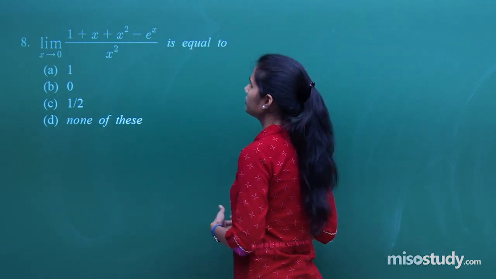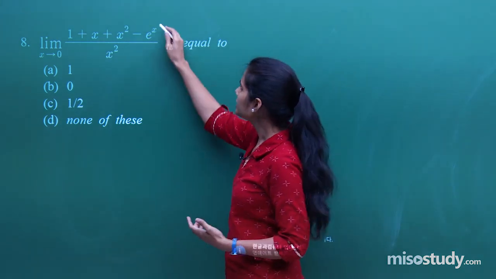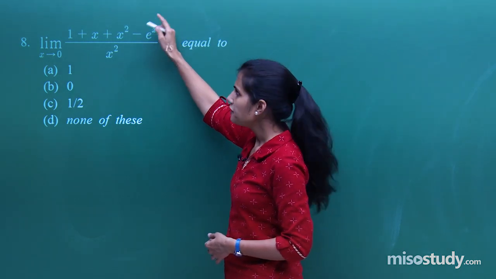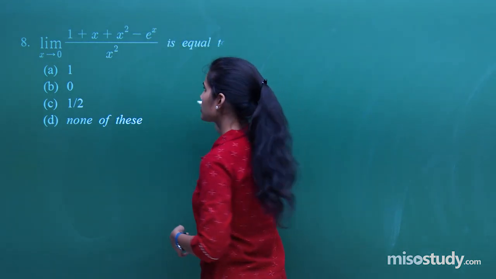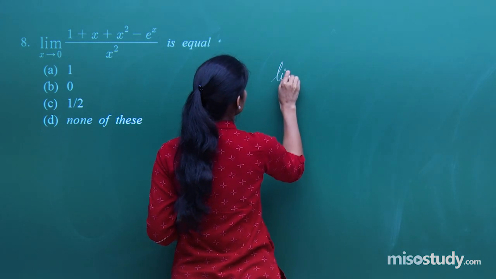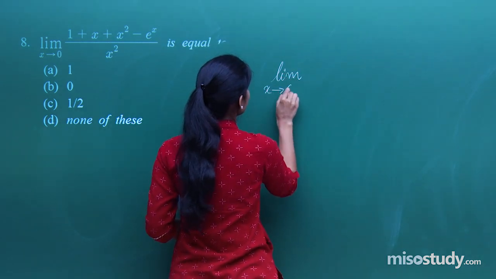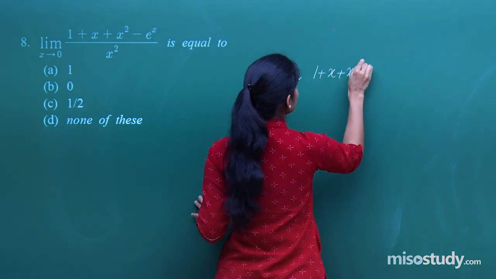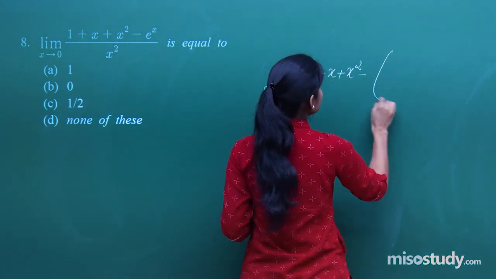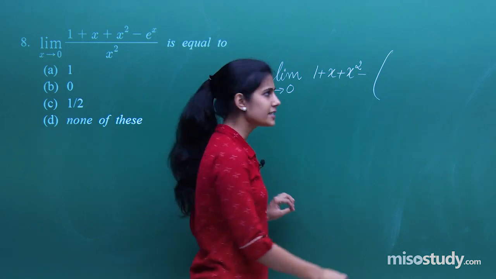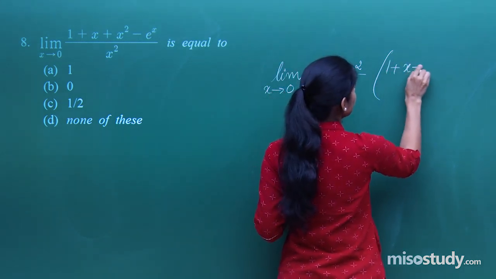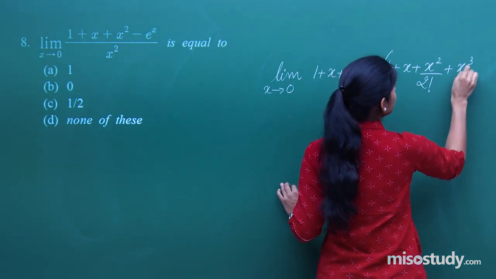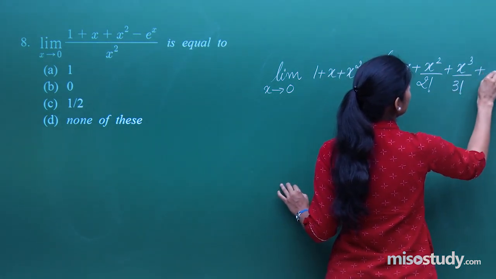Okay, so over here, as you can very easily see, it is this particular expression which is going to create a trouble if it creates. Everything else is algebraic, this is exponential. So what we do is, this is limit x approaches 0, 1 plus x square minus e to the power x, you know what is the expansion, it is 1 plus x square by 2 factorial plus x cube by 3 factorial and so on,